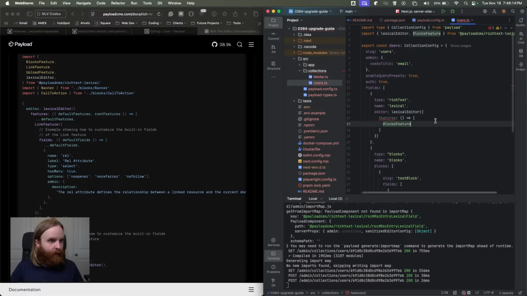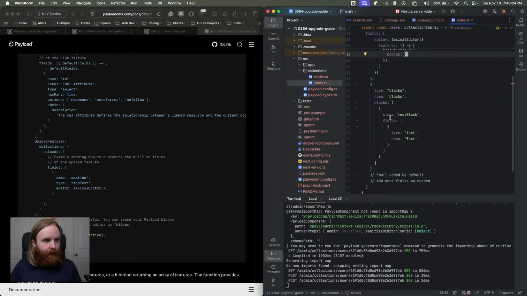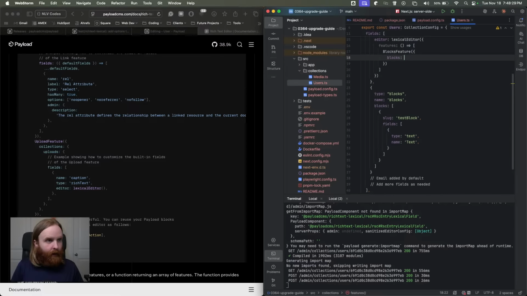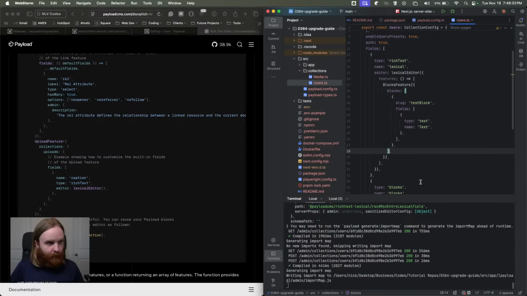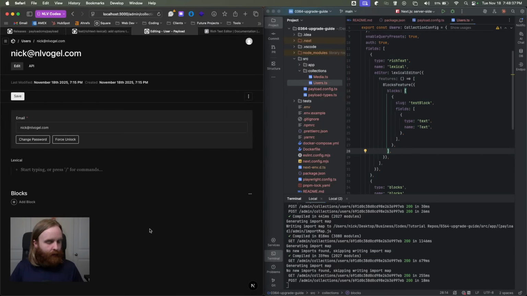I'll add blocks feature there. This blocks feature will now have blocks, which will have this array here. So now I can paste that there. Format, save,